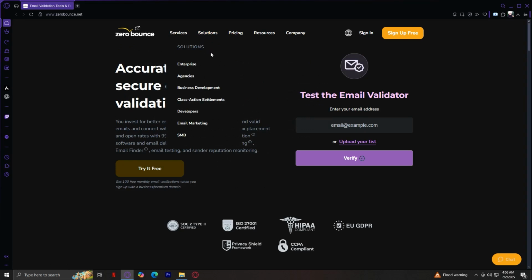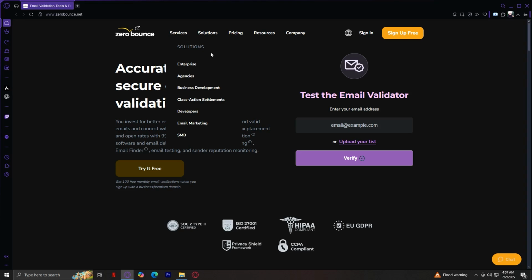This tab focuses on how ZeroBounce helps different audiences and problems. While the website sometimes groups them differently, the main themes usually include solutions for marketers, which keeps lists clean to improve engagement, increase open and click rates, reduce bounce related penalties. And you've got solutions for IT and compliance, where you can protect domain reputation, enforce security with DMARC and blacklist monitoring, and meet compliance standards like GDPR, CAN-SPAM,